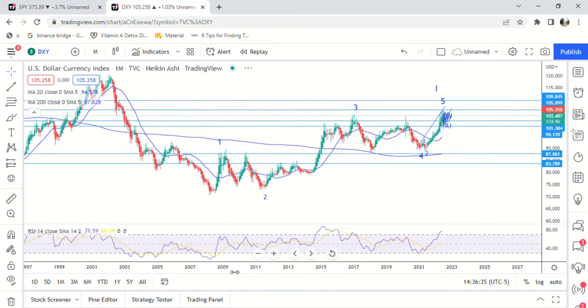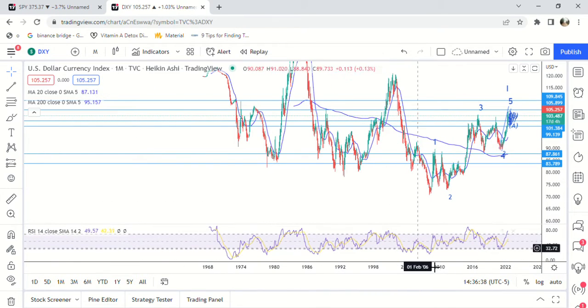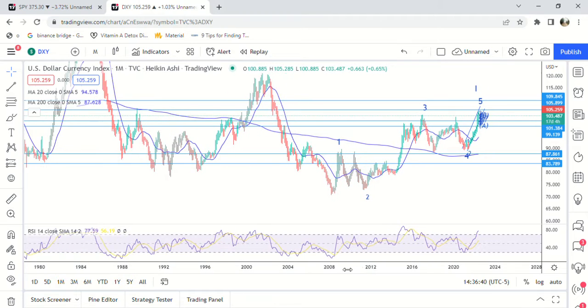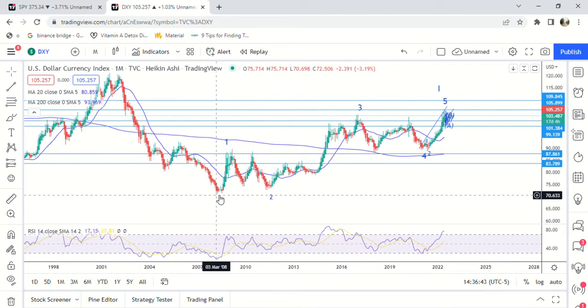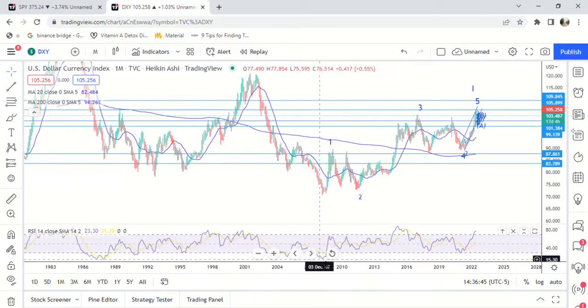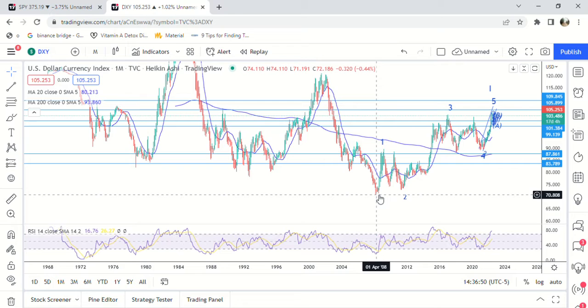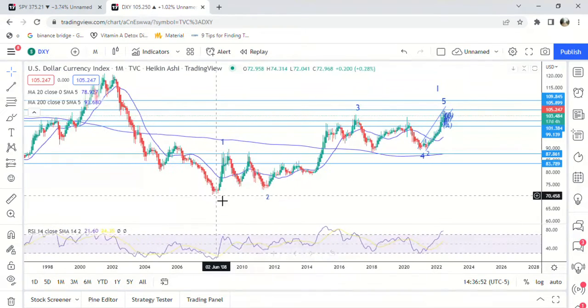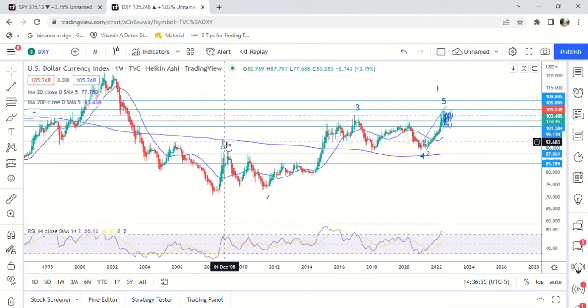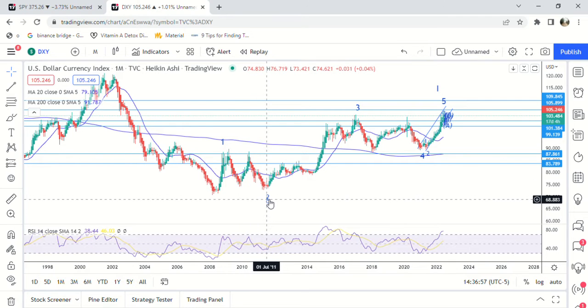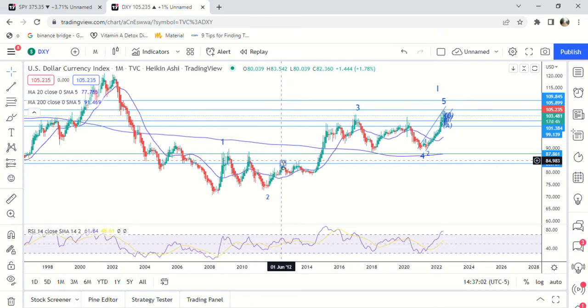So if you go back here, I'm going to go all the way down to the 30-minute time frame. Down here on March 3rd, 2008, we hit the very bottom ever in the dollar. It's never been that low. It was at 70. So we had the first wave here, pretty clear. Then we have A, B, C, second wave. Third wave, we have 1, 2, 3, 4, 5. So that took 9 years to get to the third wave.